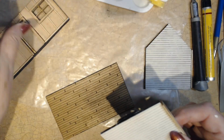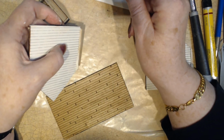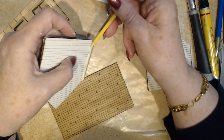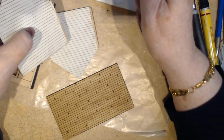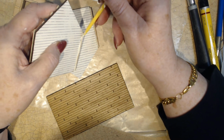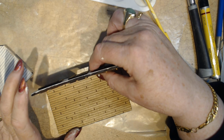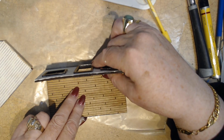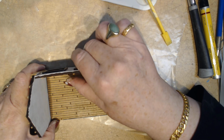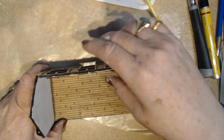And just inside this little overlap piece here, on both sides. Okay, now the first piece we're going to put in place is the floor along there. And then we are going to put this piece on. Whoops. And now there you go. There's how to make a mistake. See, I nearly glued the outside of the